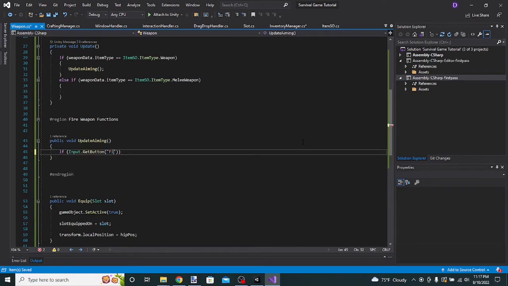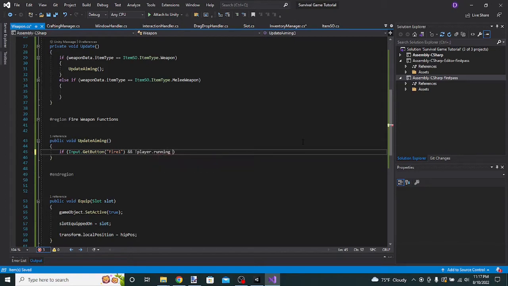Watch for the capitals. Also, I'm not sure if we should put spaces between the E and the 1, so we're going to have to test that out. If input dot get button fire one and is not player dot running,